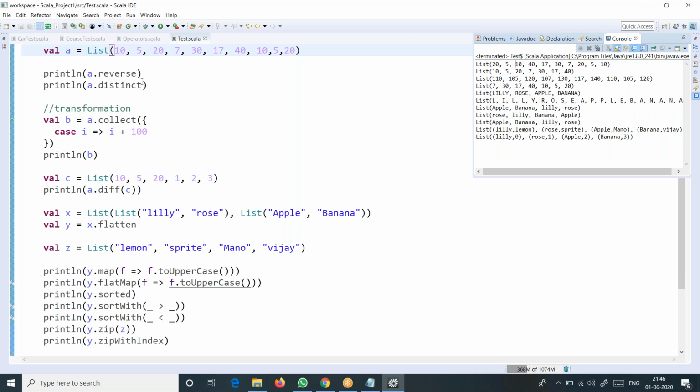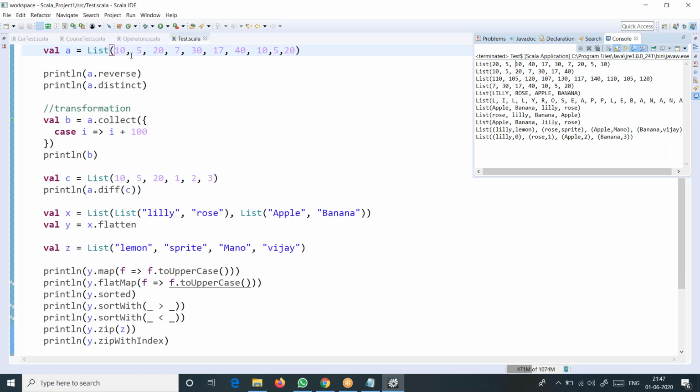It is 10 minus 10. When you say A minus C, what happens now? So what is it giving here? 7, 30, 17, 40, 10, 5, 20. Which were removed here? You can see 10, 5, 20.